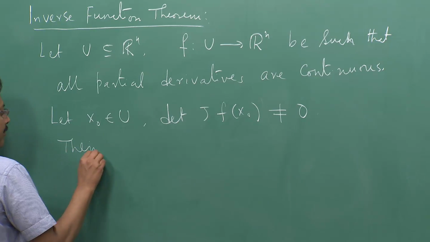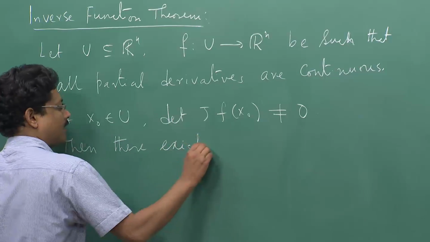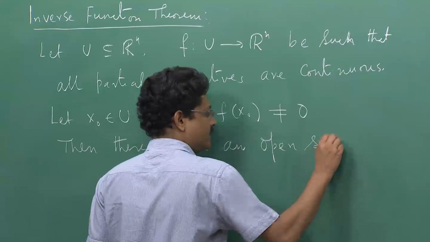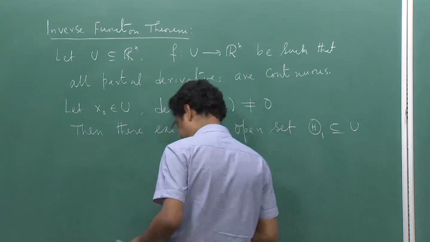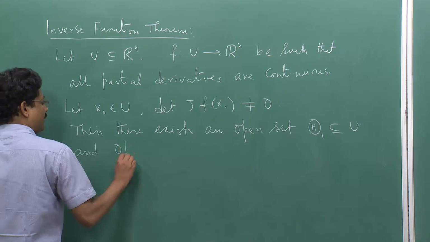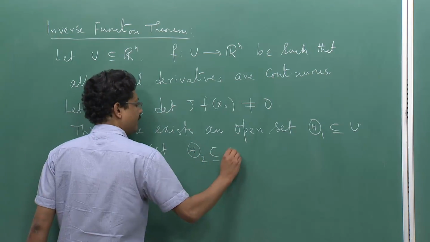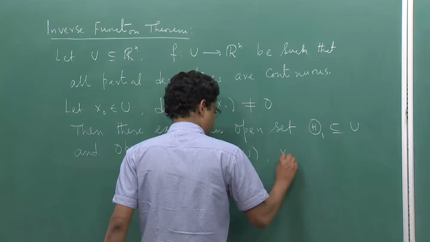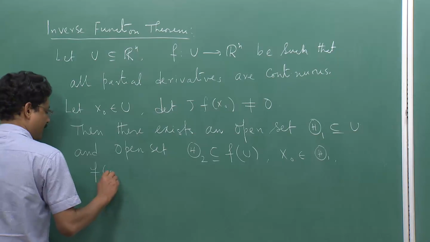Then there exist an open ball, or you can say open set, theta 1 inside U and an open set theta 2 in R^n, such that x naught is in theta 1, f of x naught is in theta 2,